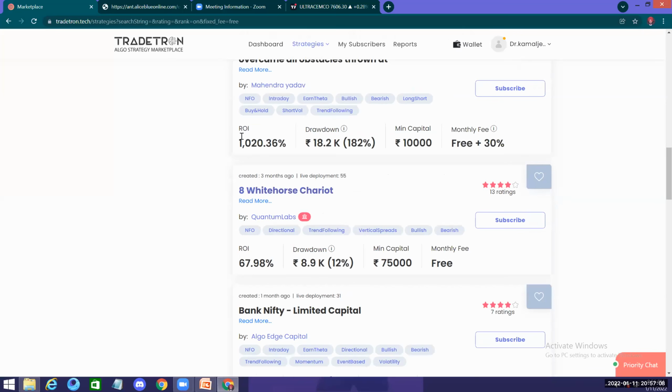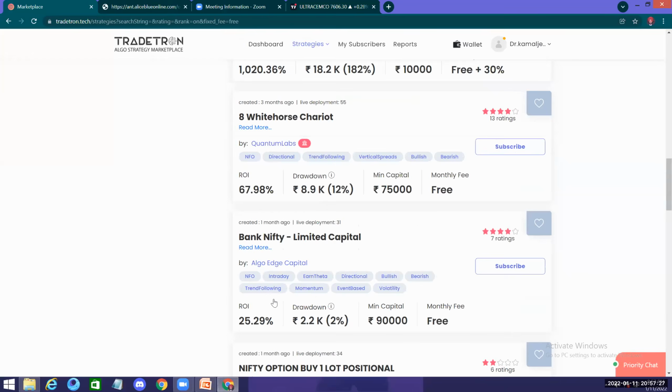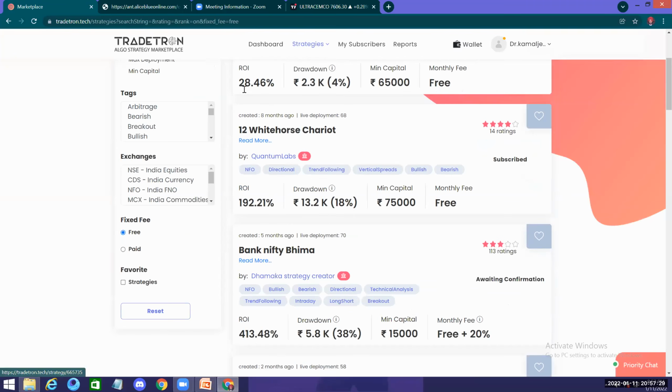I find these too high to be believing it. And I will use this an 8 horse or a 4 horse one. I may deploy this 8 white horse next. I always look at the ratings out here. How much is the rating? If the rating is not very good, then I will not do it. I'm happy with a little lesser return, but a more confirmed kind of a return.